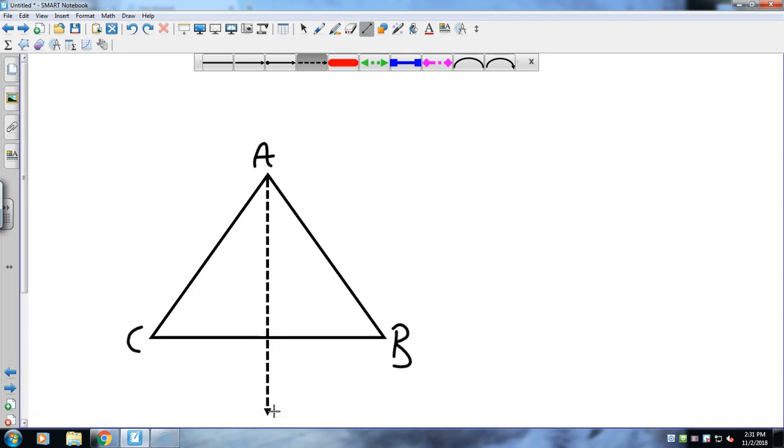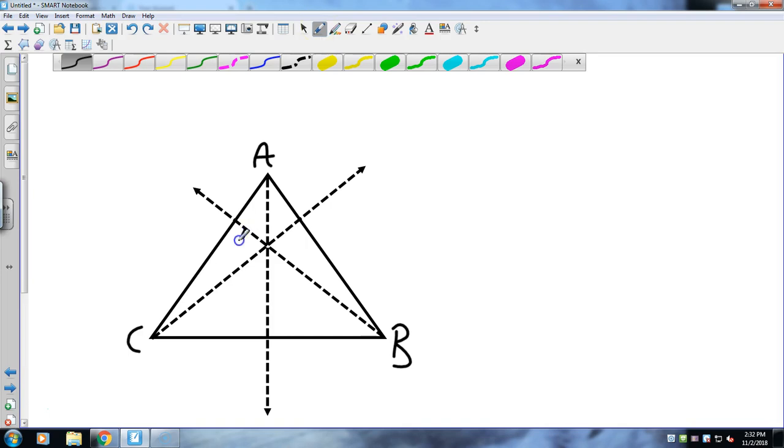Okay, so there's one. Then I'm going to draw from C to AB. I'd call it right about there. And then from B, that's pretty good for the first time, to AC. And all of these, again, would be altitudes, so they are perpendicular. And then that intersection point is called the orthocenter,